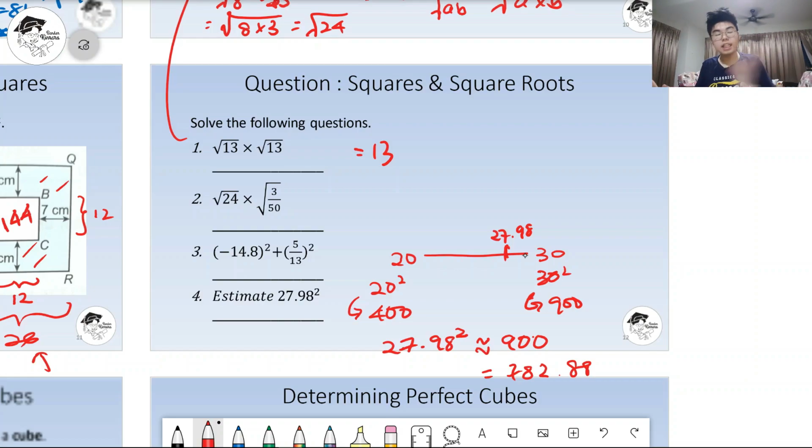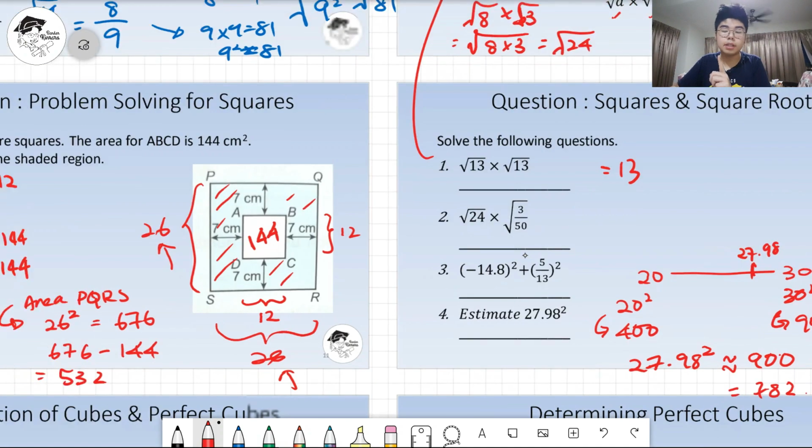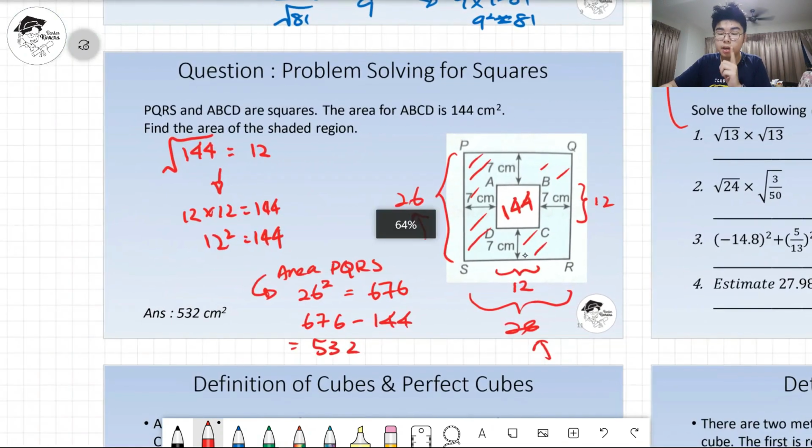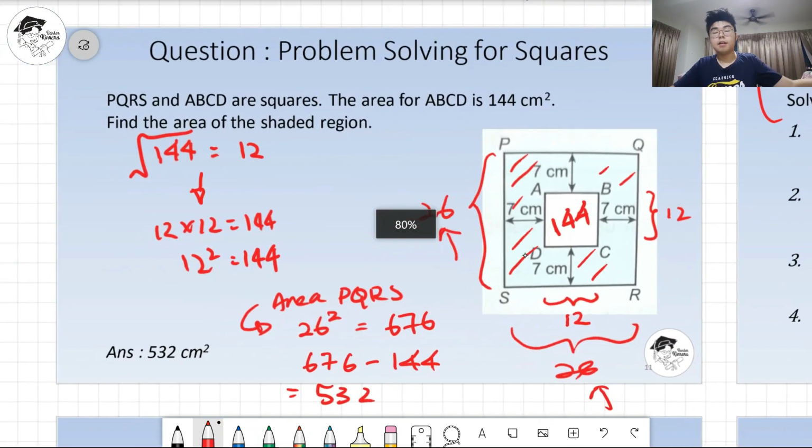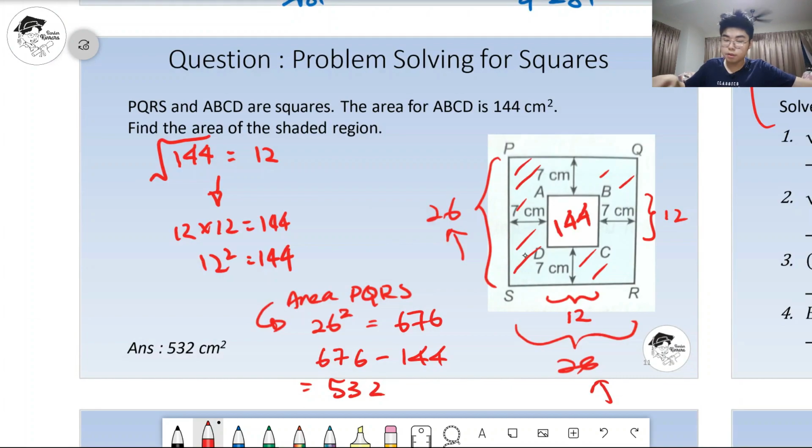It's finished. Next part will be cubes. So all squares have been done. It's just about doing exercises, not many things to study. Theory part, very little things. It's just about studying and K-bar questions like this one. This is going to be a good question for teachers to set, to practice, because if you see here, the first part we did the square root, then we did the square here. So they may set a K-bar question to test you for all the things. So that's all for me, squares and square roots.